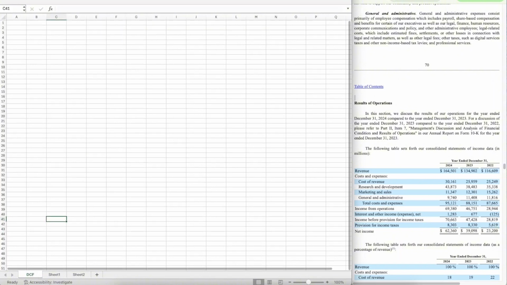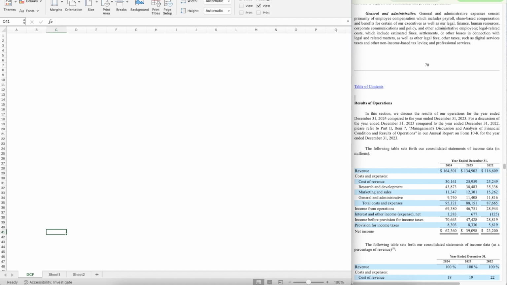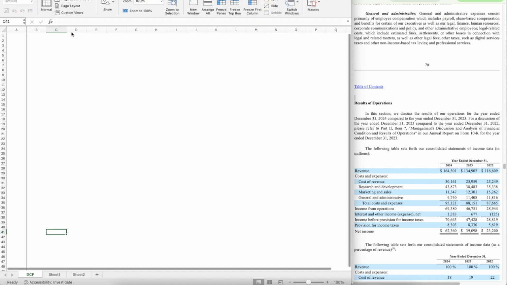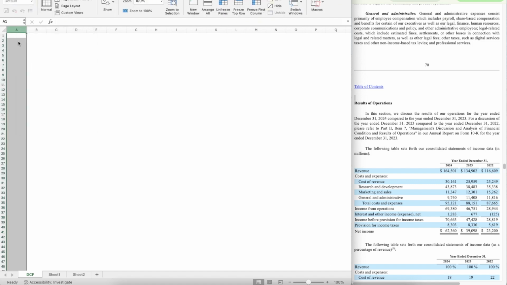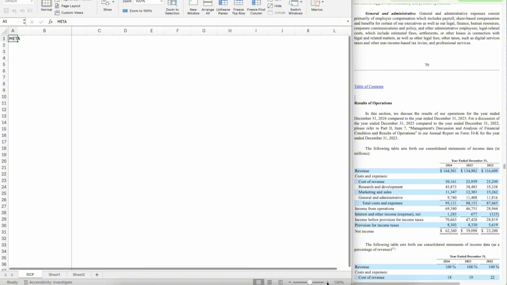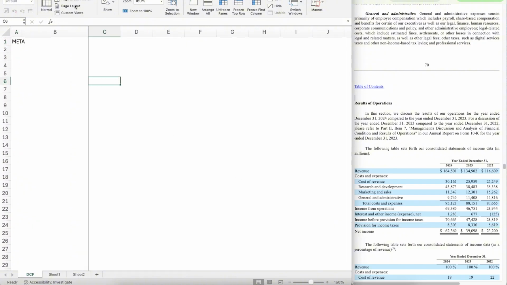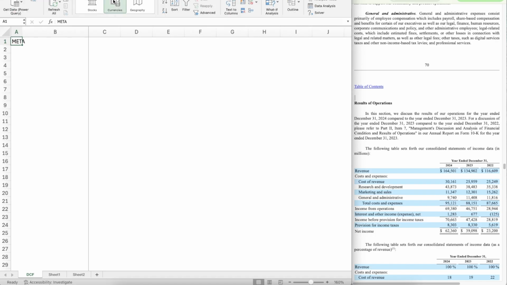Okay, first things first, page layout, we take off the grid lines. We view, we freeze the first column, we insert another column in A, we make A very small, and we make B bigger. And in A1, we put Meta. Let's zoom in a bit so we can all see this. There we go. Then we want to go data, stocks,